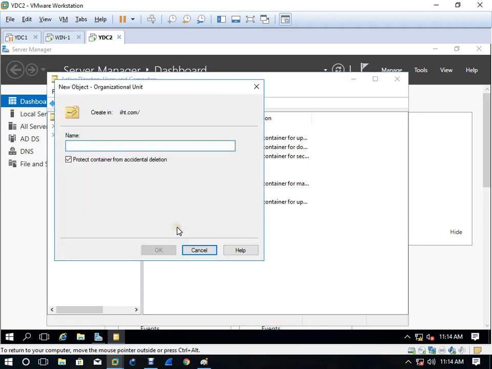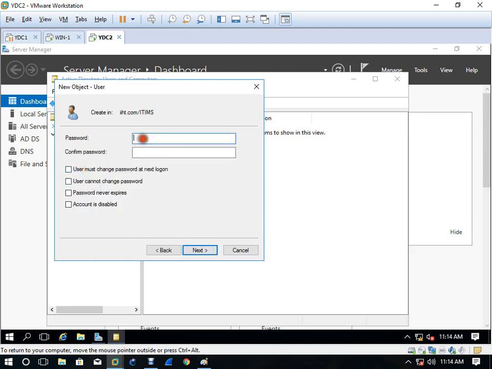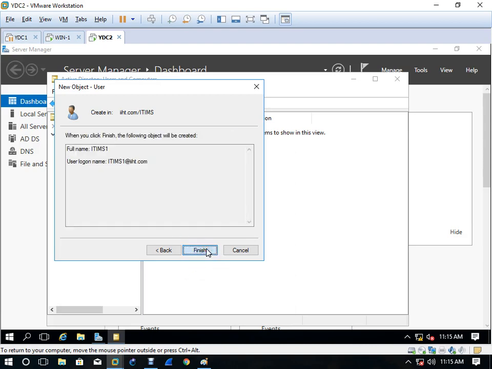He is able to create one OU like ITIMS, and create user ITIMS1. If you understand this, then you will understand the next lab, otherwise no. So I created one new folder ITIMS and one user ITIMS1, right?